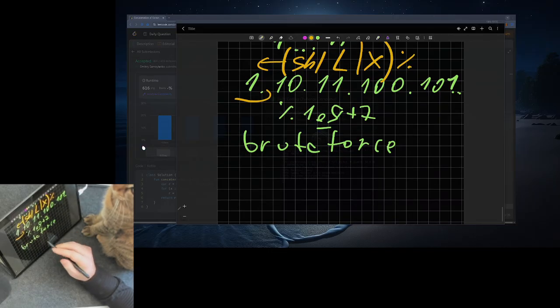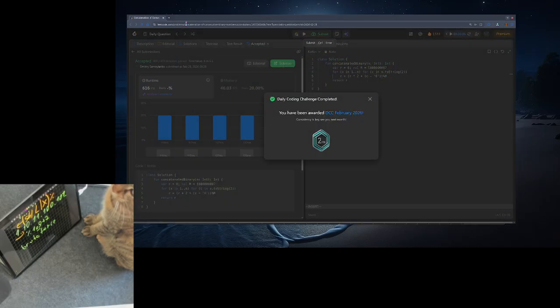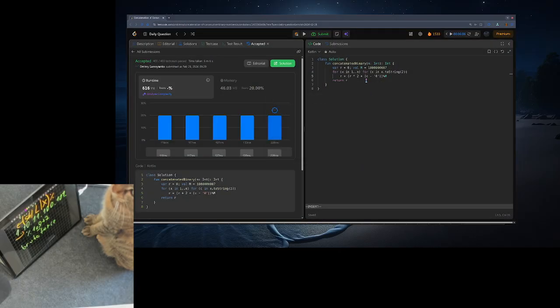It is quite slow. Let's look at the code. So here is the code, and it is 600 milliseconds. This is because of the to-string conversion, and I use shifting by individual bits, but you can also shift by the entire number. This is the first optimization,